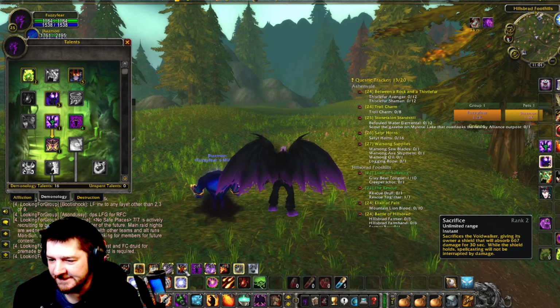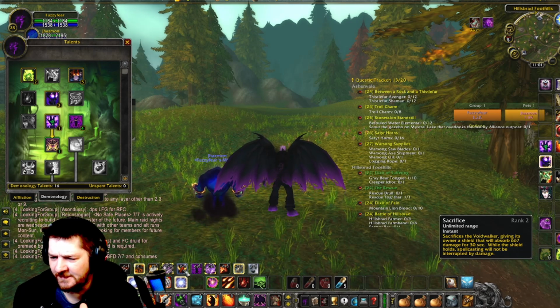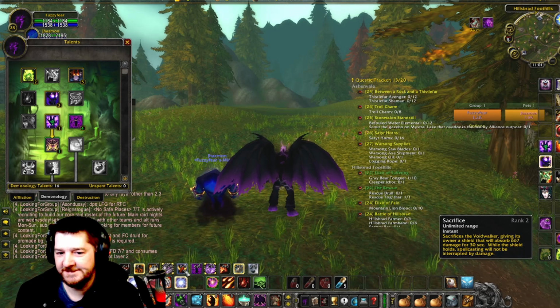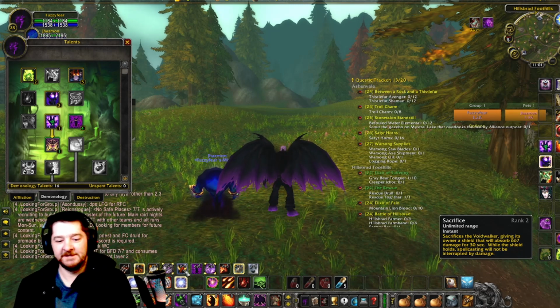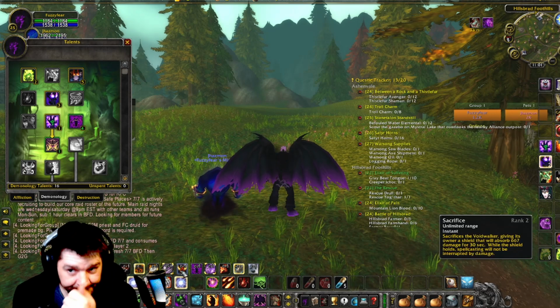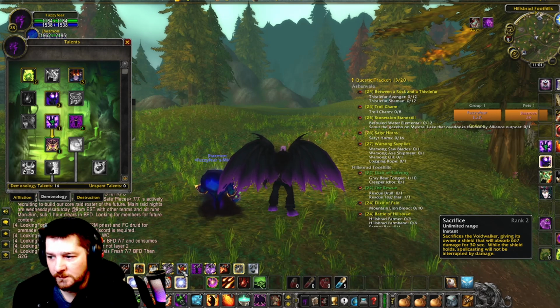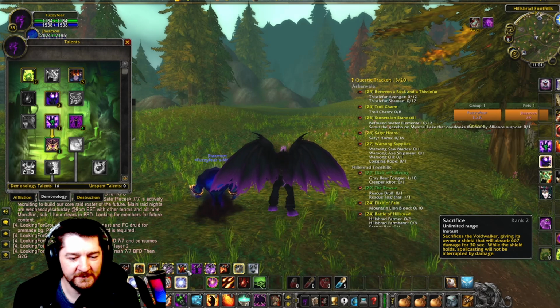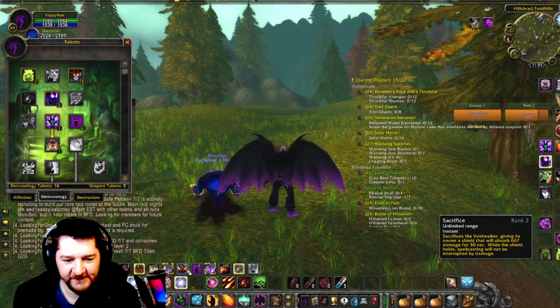So I think it's like a little over 100 damage more that you get on this shield when you sacrifice the Void Walker. So that's over half my health right there. Well, unbuffed, but that's over half my health right there when I sacrifice a Void Walker.